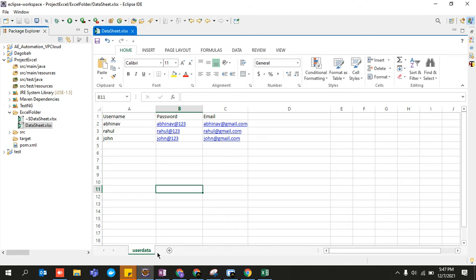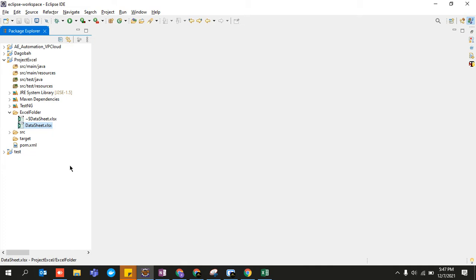Till now we have not done any coding, just the configuration part. We configured testng, we configured our maven dependencies, and now we have created an Excel file at a particular location. Now we are going to read the data.